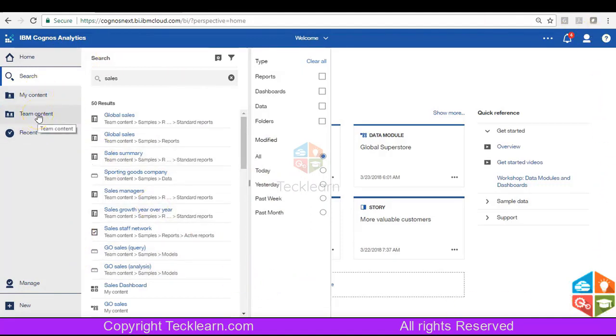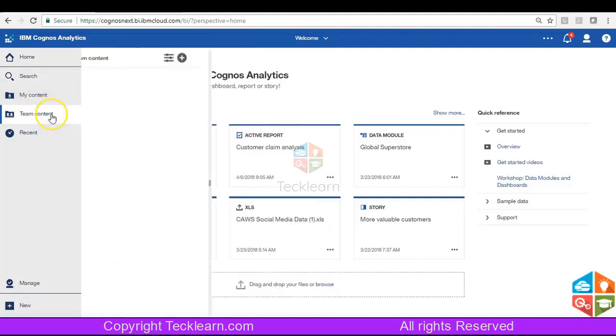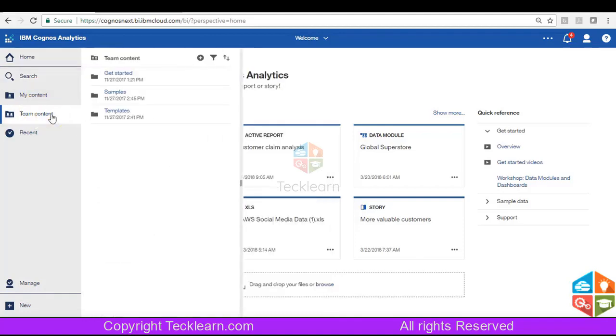Then we have our team content and my content. In Cognos BI, we had the public folders and my folders. Here it is completely replaced. The public folder has been replaced by team content, which is common to everyone who is connected to that particular Cognos server. They can save all their reports, packages, folders, jobs, everything under this team content.